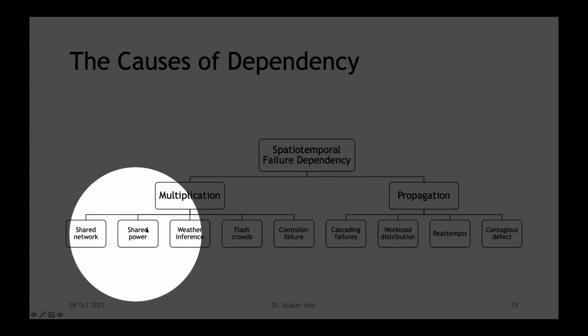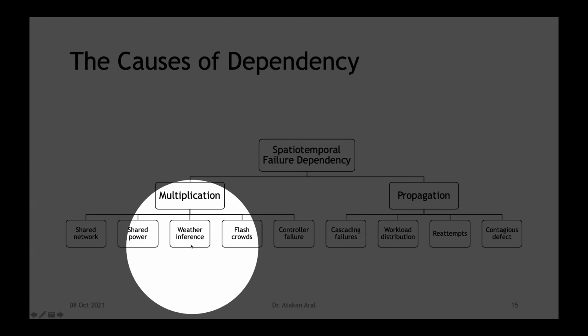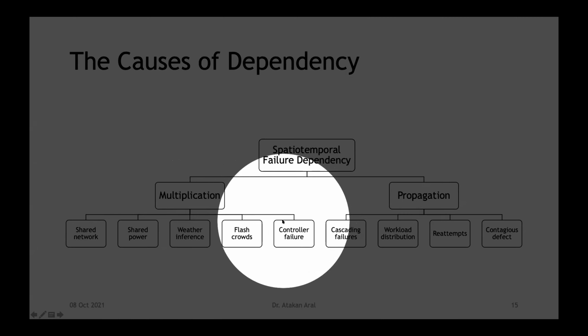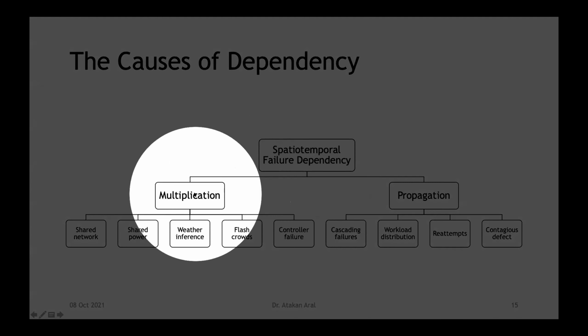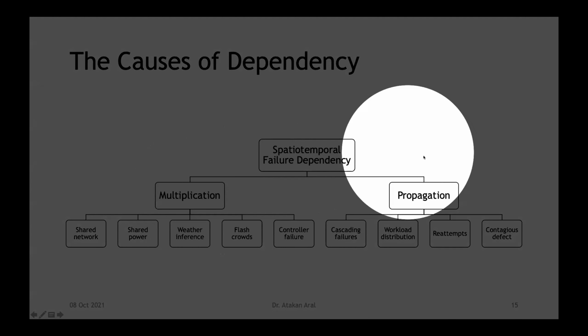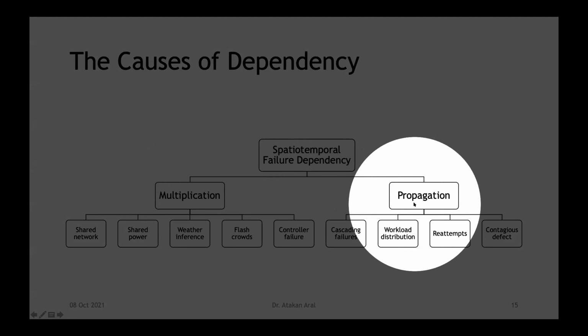Or they share the power, there is weather interference, they are in the same area, and some natural phenomena is going on and they are affected. There are flash crowds in a certain area, so they are overloaded, or they are sharing the same controller which fails and they are inaccessible at the same time. This is the first type of dependency, but the one that is harder to predict is propagation,